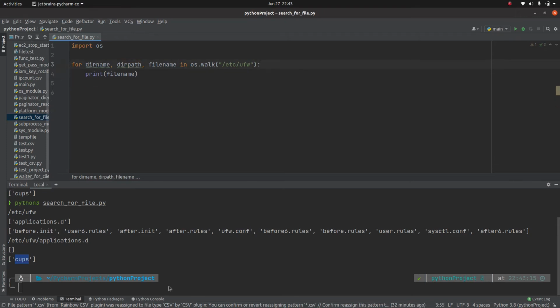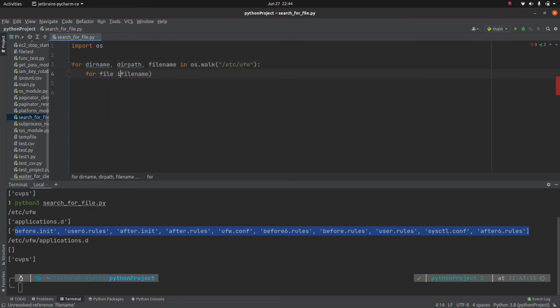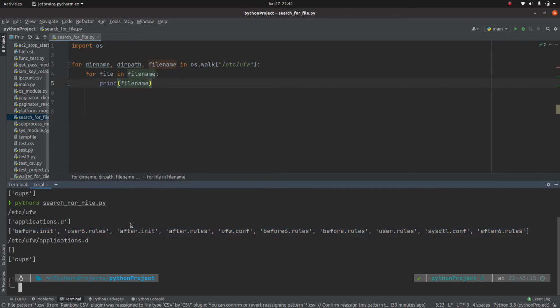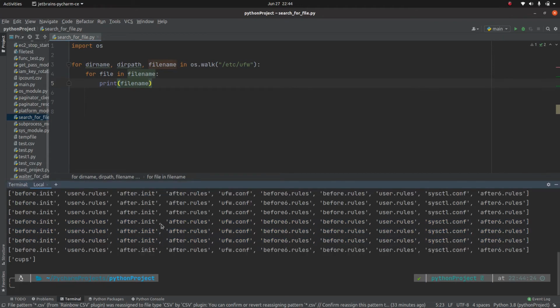Okay. And as you can see, we have the bunch of files inside it, right? So, and this is a list. So we can loop over this list. So for file in file name, and now in order to join this dir name and all the files inside this file name, let me first print the file name. Okay, so for each iteration it is going to do it. So this is not what we require.